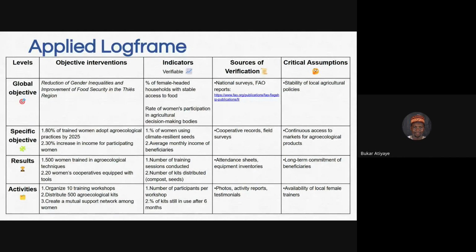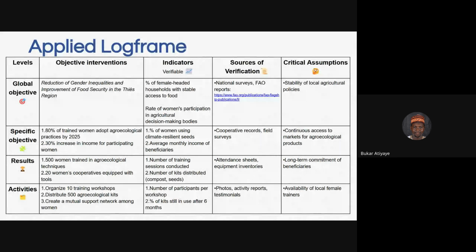By outcome, I stand to be corrected, of course, because it's a learning platform. I've worked with quite a lot of templates for logframes, and all that I've worked with have a column for outcome. In a very summarized form, outcome refers to the immediate result that you achieve from an activity.